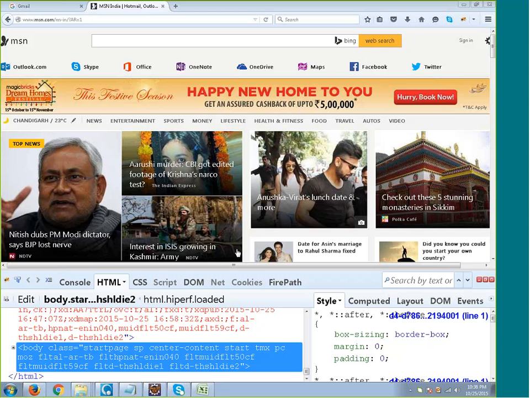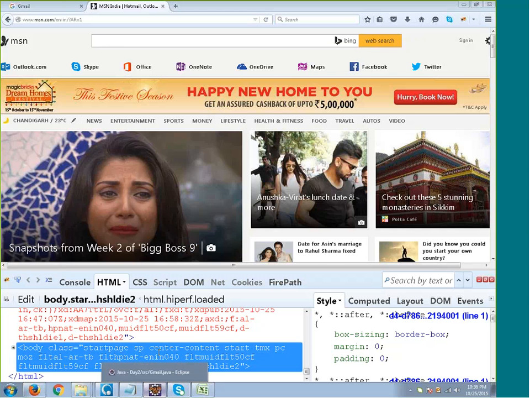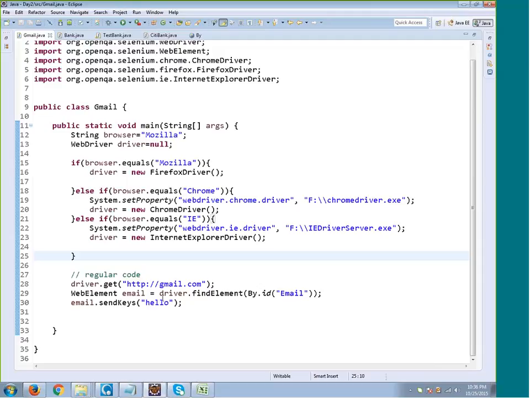Fine. So let's start with the second part. Over here, I just wrote a code and explained it to you. With the web element interface, you can type inside the text field username. Similarly,